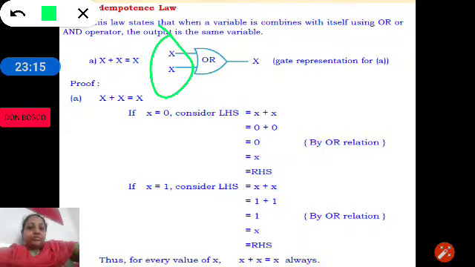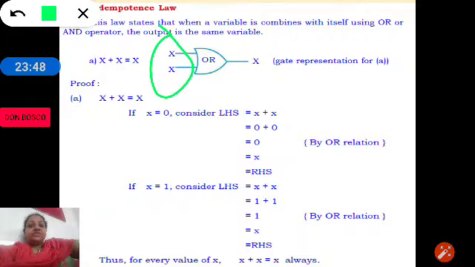Let us see the proof of this using the perfect induction method. In the perfect induction method, we are substituting all possible values of the variables with zeros and ones. You have to recall how we used to construct the truth tables, how we take the x value.